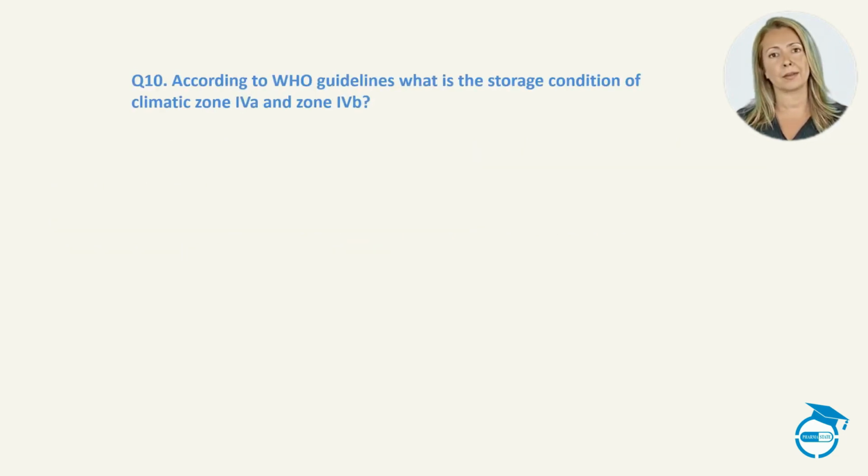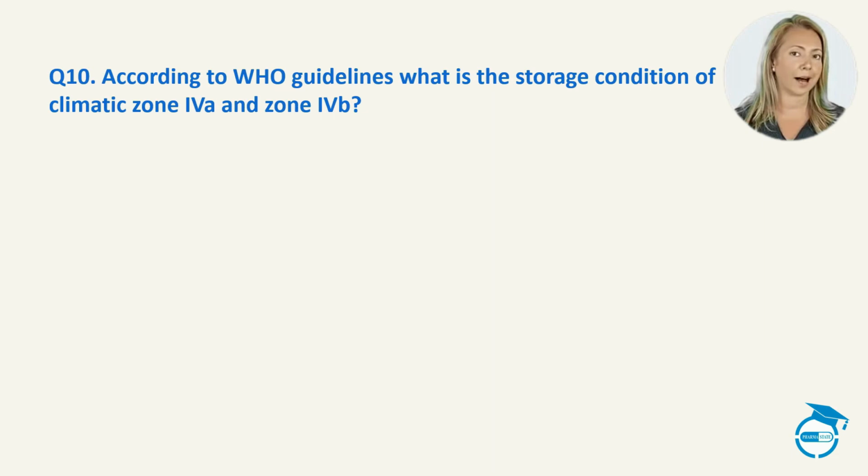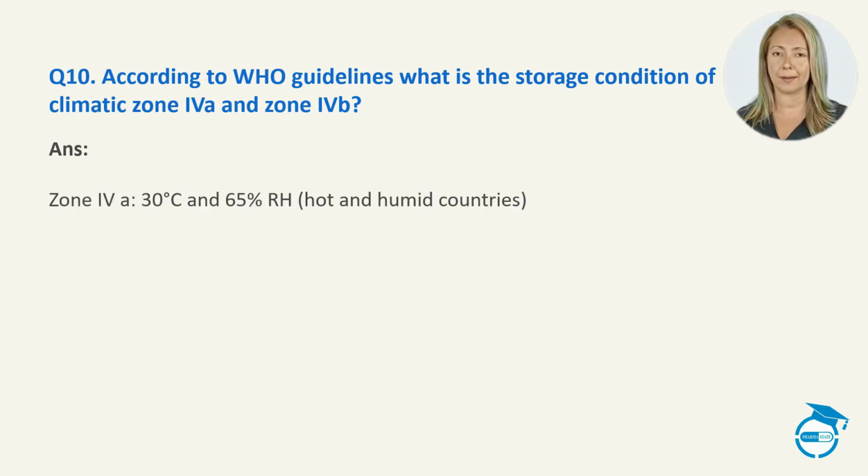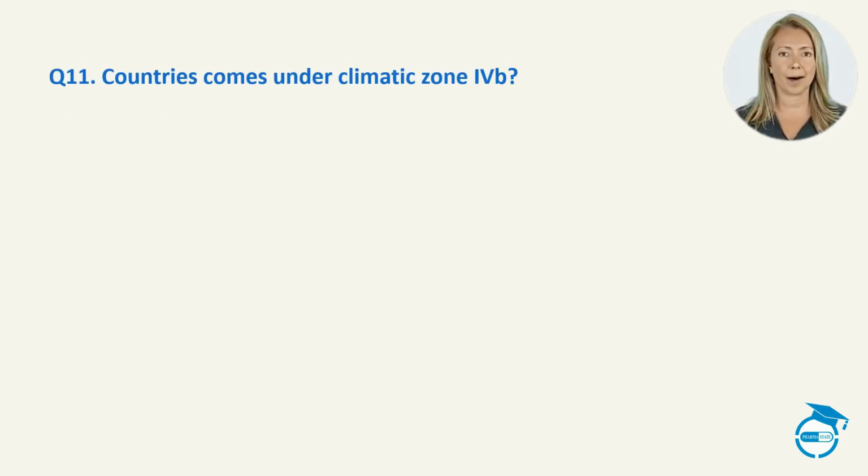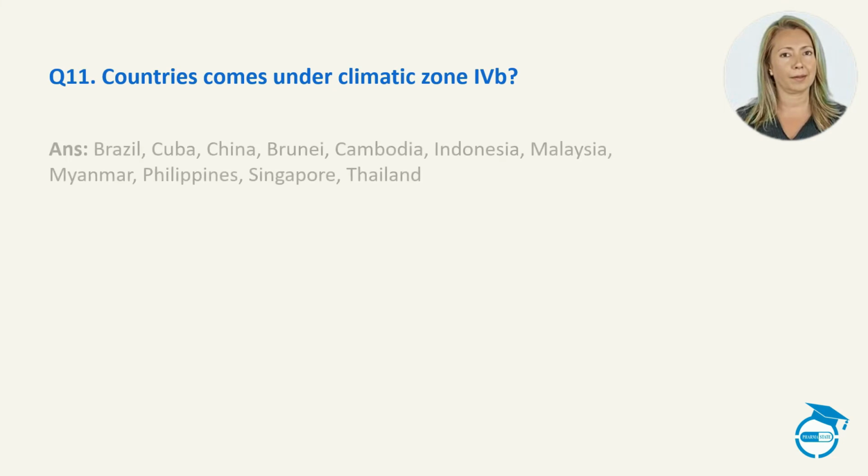According to WHO guidelines, what is the storage condition of climatic zone 4A and zone 4B? Zone 4A is 30 degrees Celsius and 65% RH, hot and humid countries. Zone 4B is 30 degrees Celsius and 75% RH, hot and very humid countries. Countries that come under climatic zone 4B: